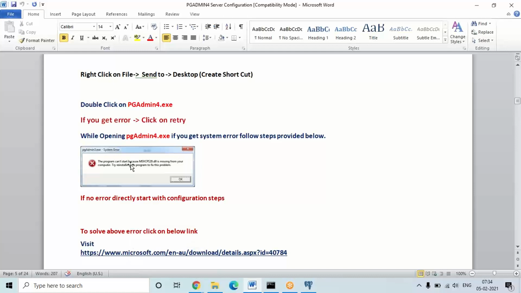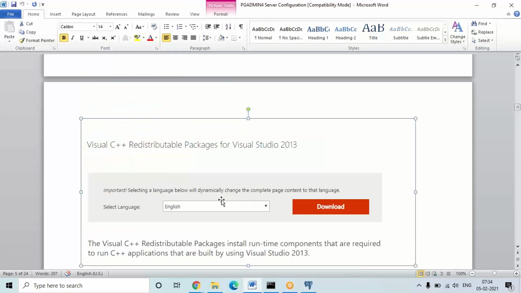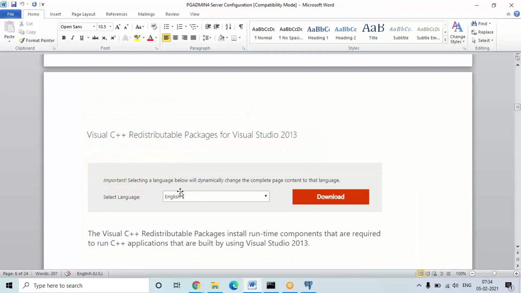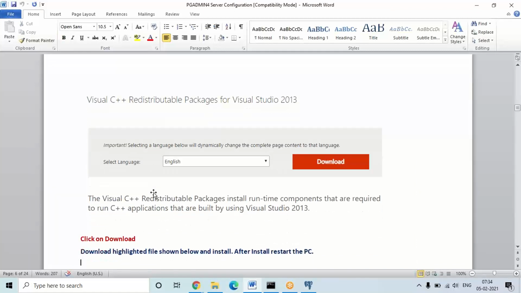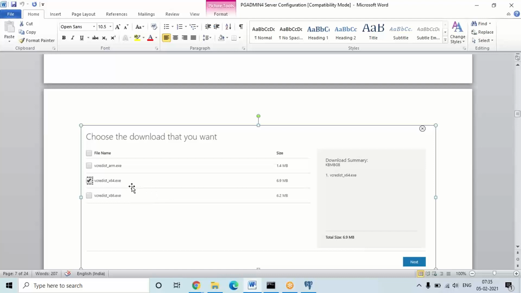Okay, so if you get this error, see how to install this patch, just a small file only. Open this link in a browser, and it will navigate to this page, where we will have two to three files. But select the file which is in the screenshot. I have selected that option, right? Select that and just download and install that one. Okay, download and run that patch.